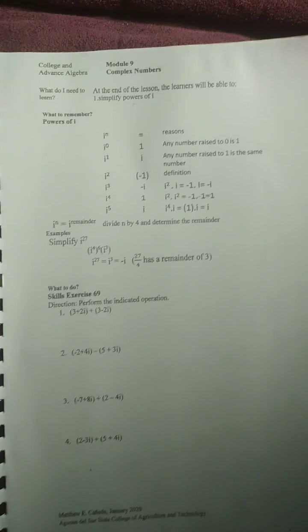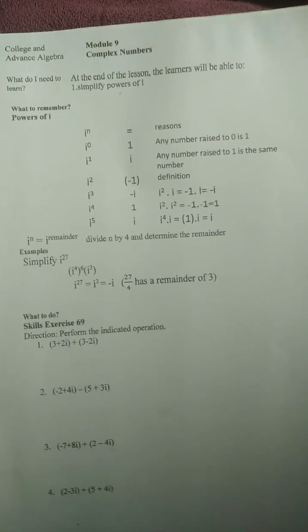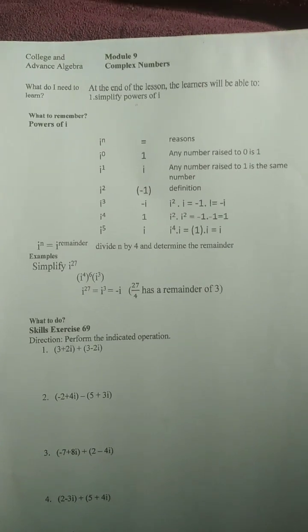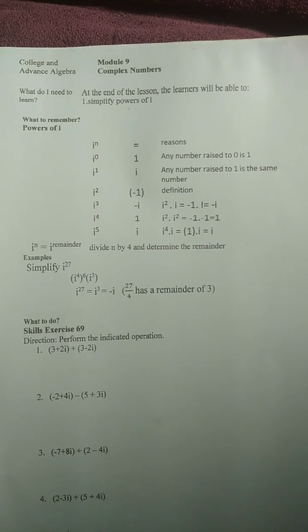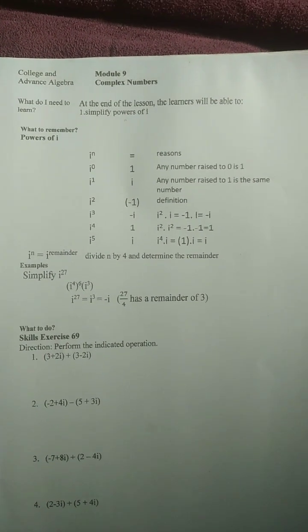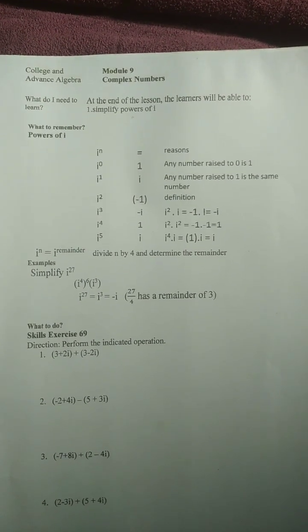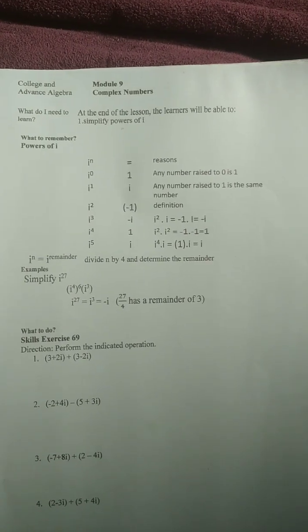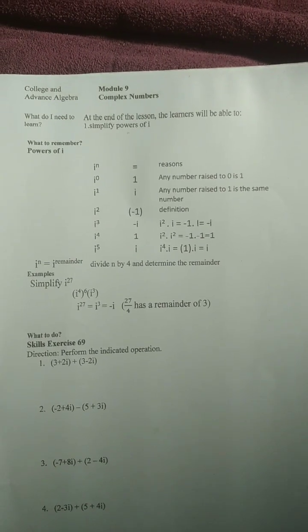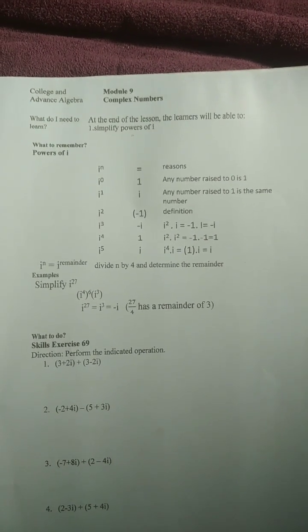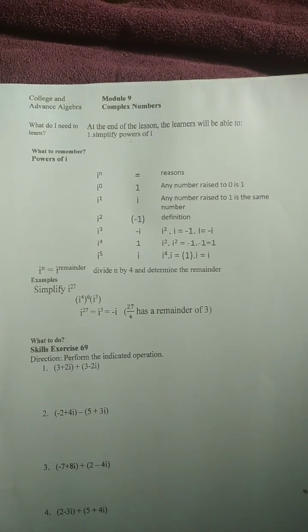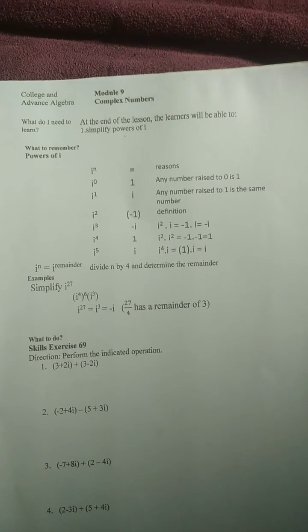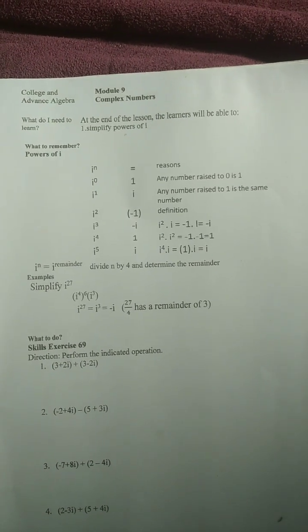So i to the power of n is equal to... i to the power of 0 is 1 because any number raised to 0 is 1, and i raised to 1 is i because any number raised to 1 is the same number, and i squared is equal to negative 1, and i cubed is equal